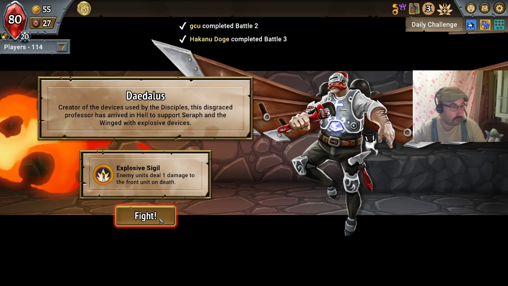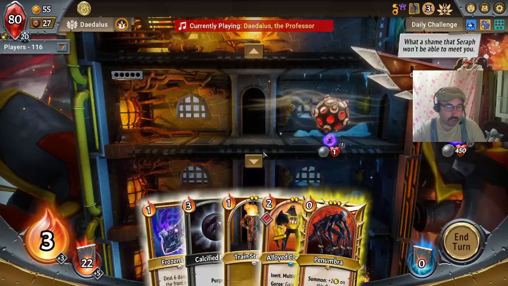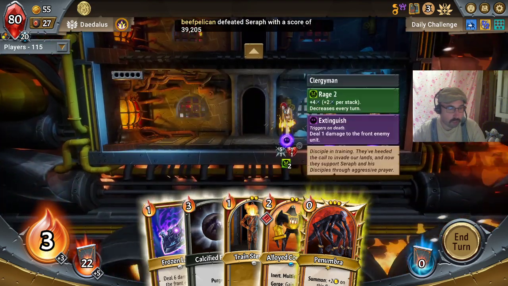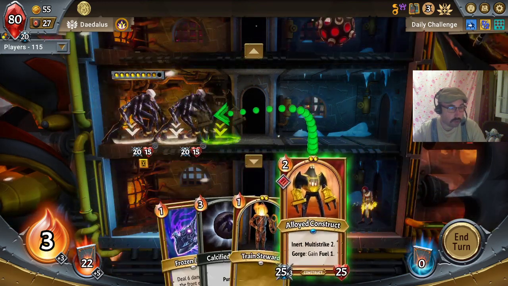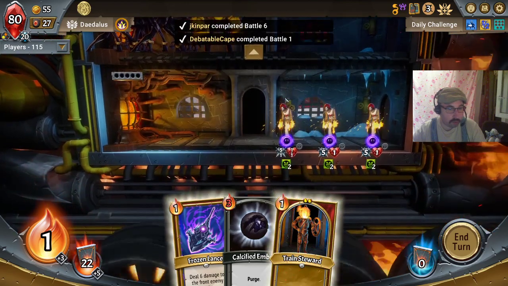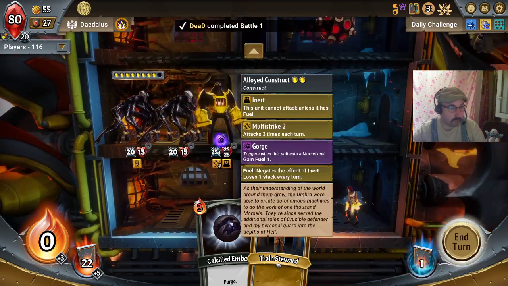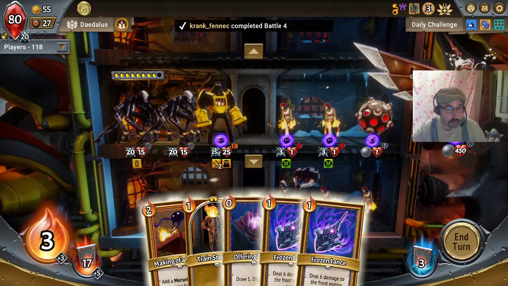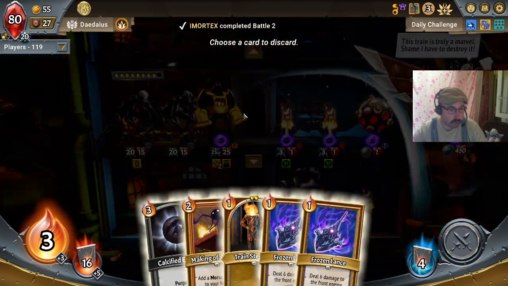Explosive sigil. Enemy units deal 1 damage to the front unit on death. Okay. Shouldn't be a big deal for us. We're not stacking damage shields after all. With the bomb on the top floor, I think we will set up on the second floor, with our double penumbras and the construct. Kill one of these guys, because we currently don't have the fuel for the construct, so I can only kill 2 units here. Not happy about the bomb being there. Let's see if we can draw into...